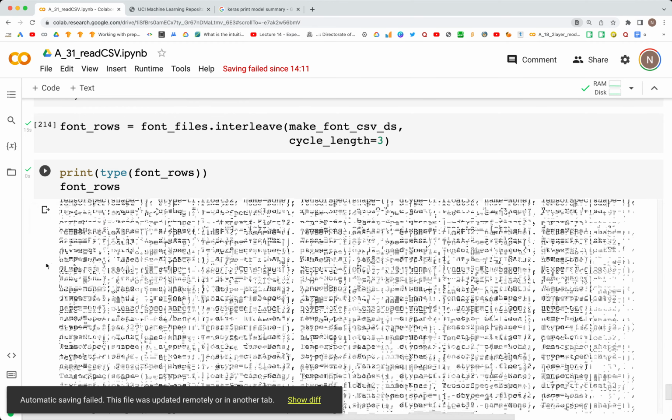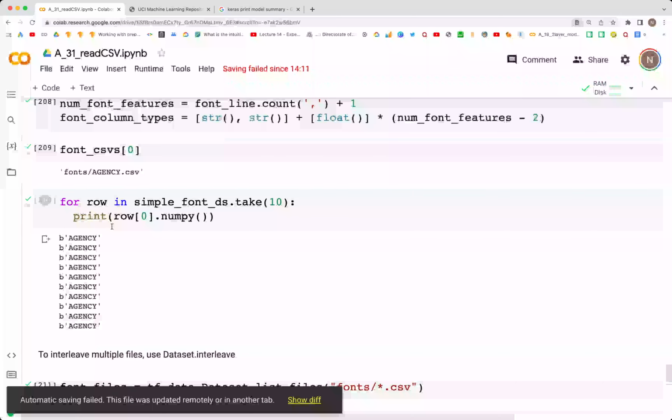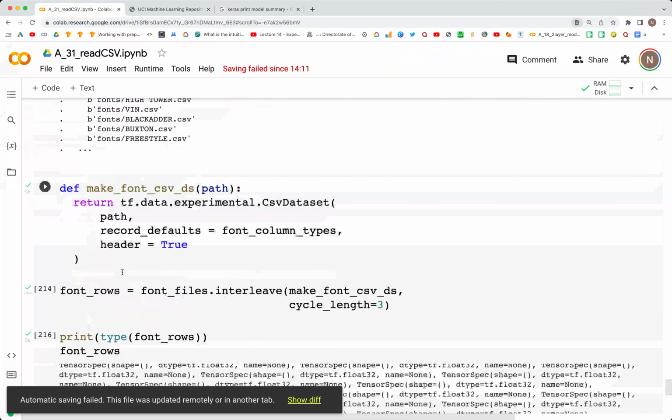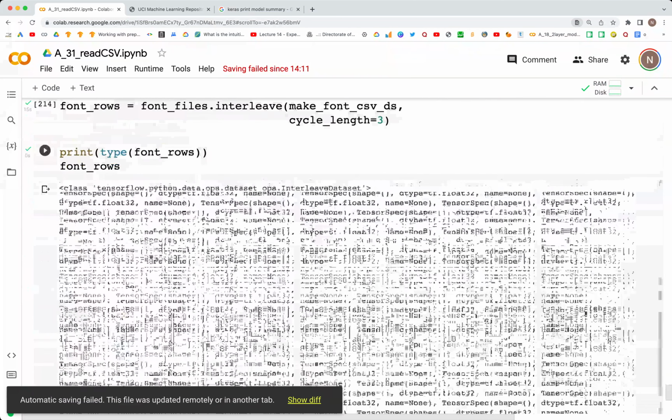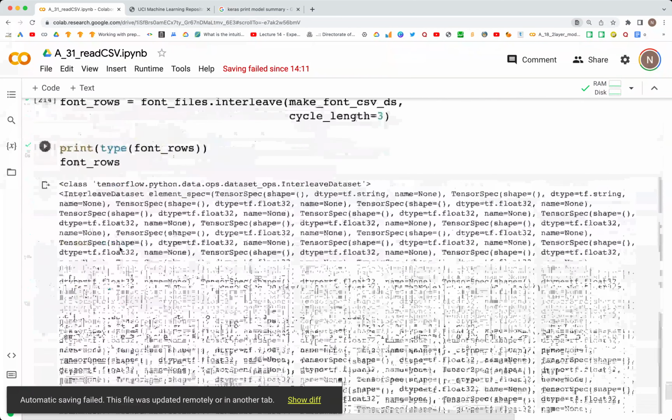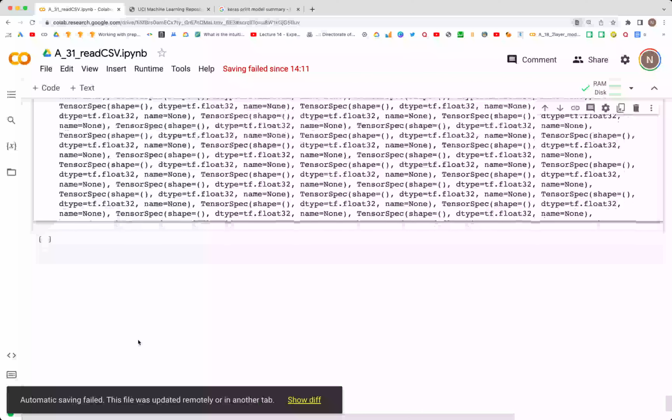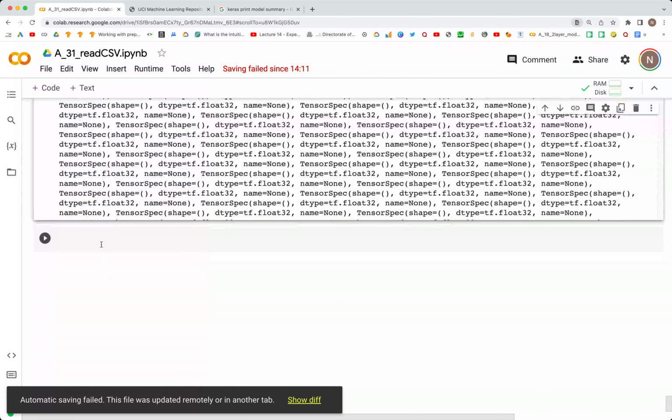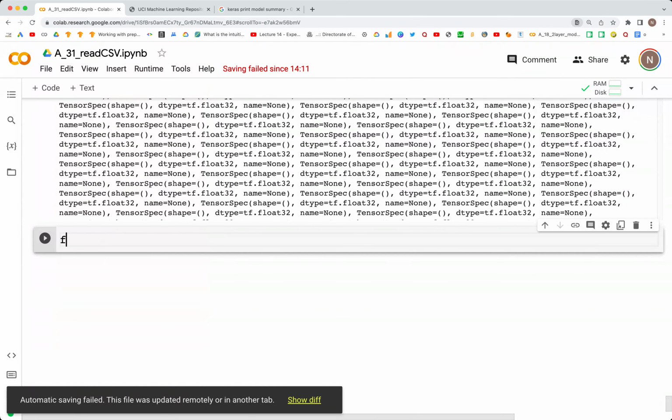As you can see, we scroll all the way up in here. We can see that it's the interleave dataset, and these are the elements within it. We can now access those values. What we can do is create a dictionary, font_dictionary is equal to